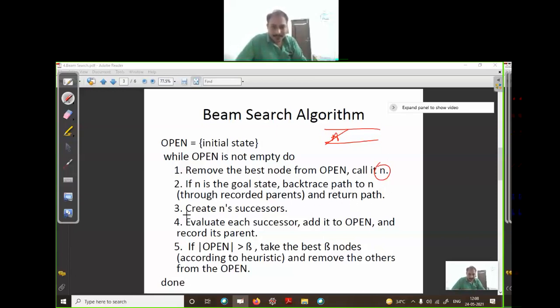Otherwise, create n's successors, meaning the successors of A, evaluate each successor, add it to open and record its parent. If open is greater than beta, take the best beta nodes, beta meaning the beam width, and remove the others from open. Let's see one example, and I'm saying it again, it will be more clear.